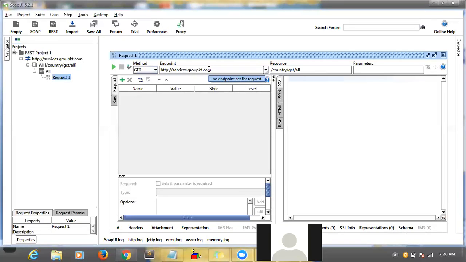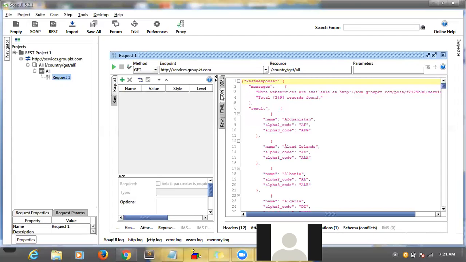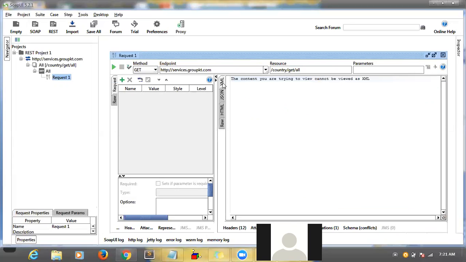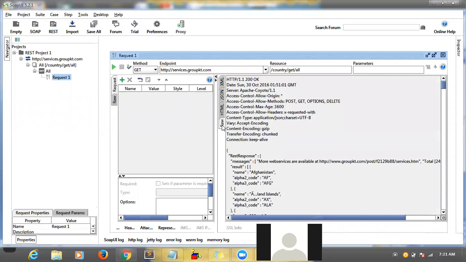And this is the endpoint URL. You don't need to do anything here. You see there is an arrow here. Just click that one and you will get the response. See the response types here: XML, JSON, HTML. There are so many types, but in this case this web service will give the response as JSON. How to identify whether it will give XML or JSON, that also I will tell you later. Now if you see the response,